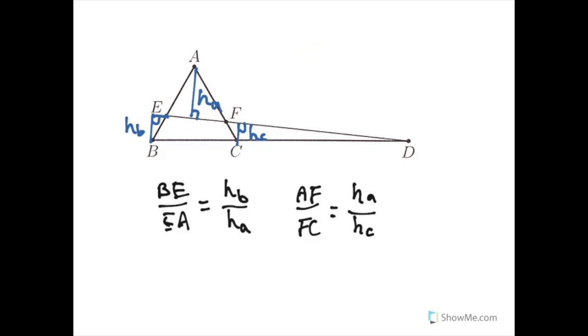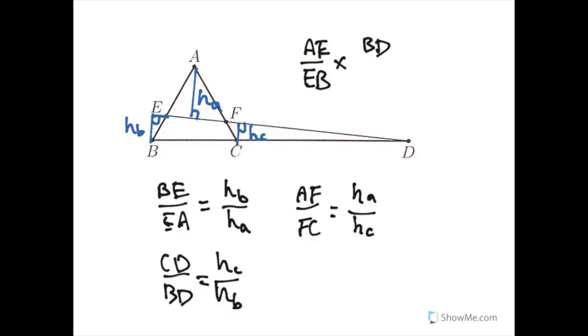And finally, since this triangle here is similar to this triangle here, we can write that CD over BD is equal to h sub c over h sub b. And therefore we have, when we look at all of these again, that AE over EB times BD over DC times CF over FA is equal to